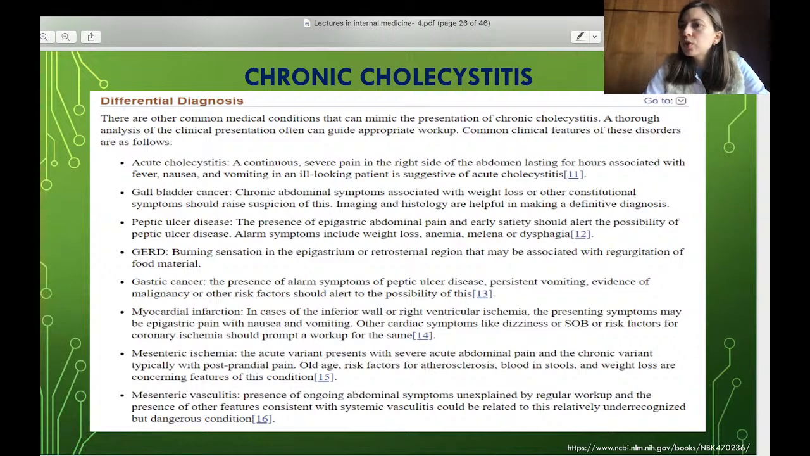And what about differential diagnosis? There are other common medical conditions that can mimic the presentation of chronic cholecystitis. Analysis of the clinical presentation can guide appropriate workup. Common clinical features of these disorders are as follows: acute cholecystitis,